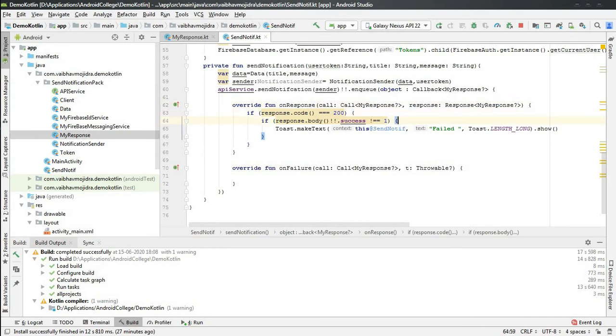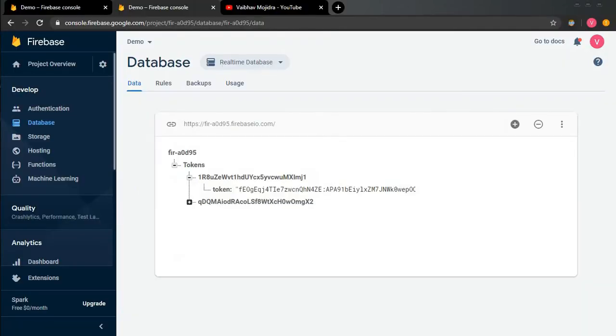We have to create this class. This is the syntax of initializing the API service; only then will this work. So this is the notification, and then this is the callback function. This callback function will store the result in my response class. If the response is not 1, then it has failed.